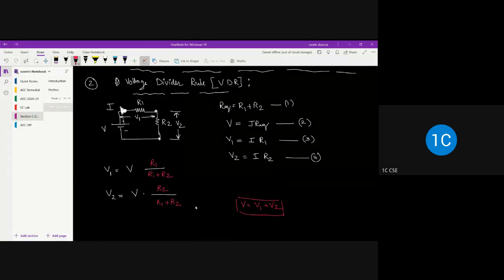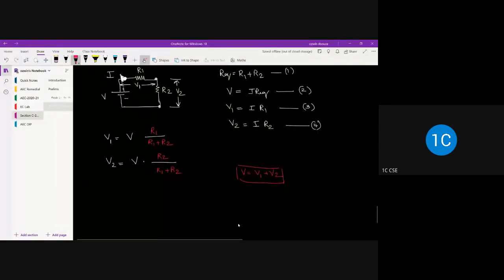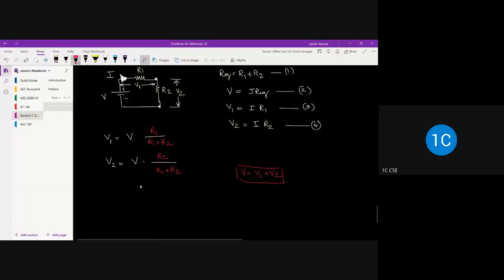Okay. So if you have obtained it, well and good. If you haven't obtained it, I would ask you to try it out. Still, if you don't get it, you can ping me in the WhatsApp group. I will give you the derivation. Consider this a small activity. So basically, in case of voltage division rule, you can say that branch voltage